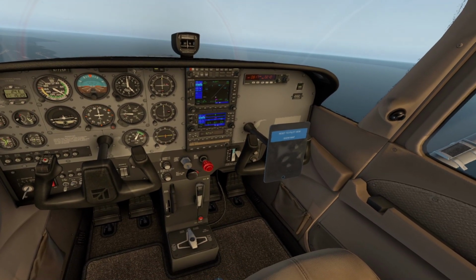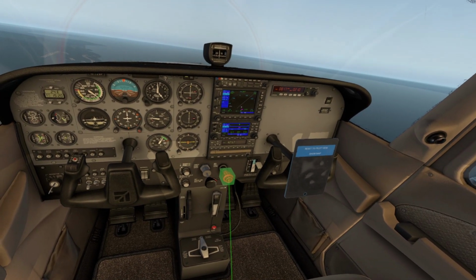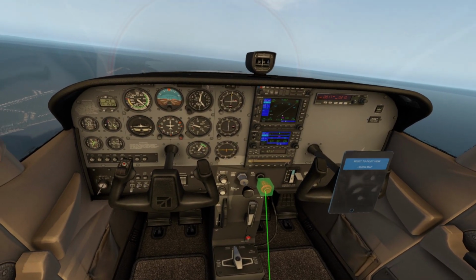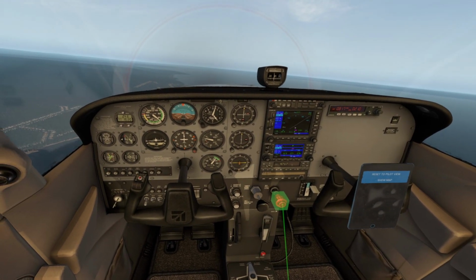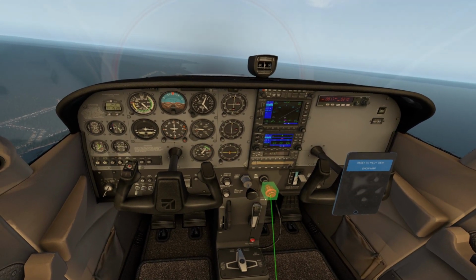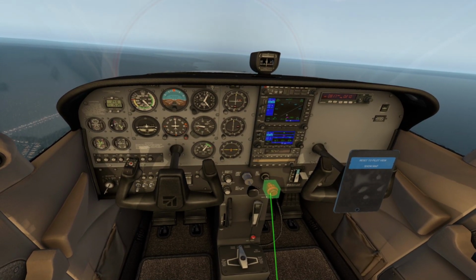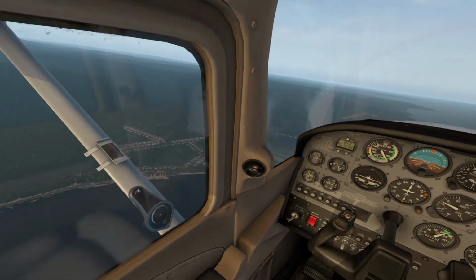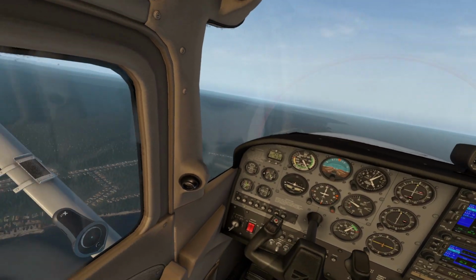You know what? Time to be a good steward to your environment, and we're gonna go and lean her out. Alright, there was the drop, so we go a little bit up again. You want to lean it out until you feel the engine surge once, and then...